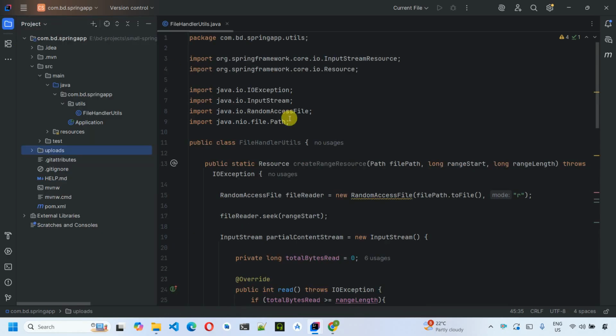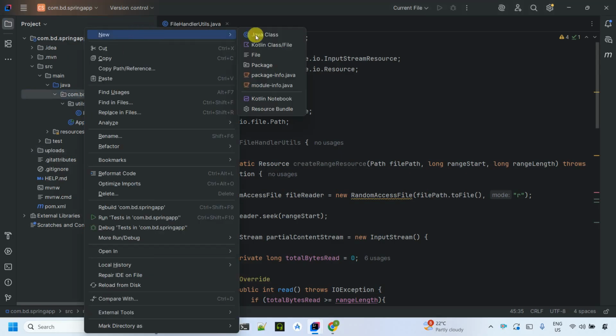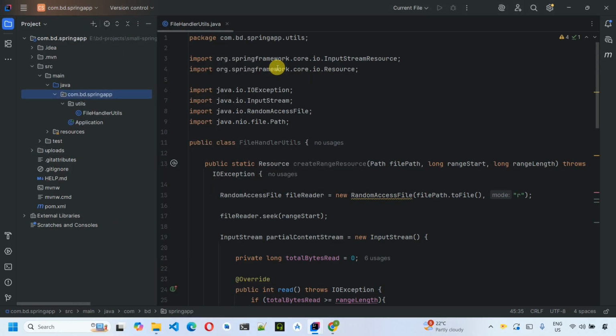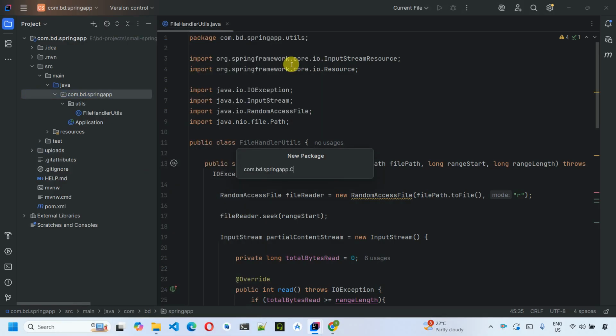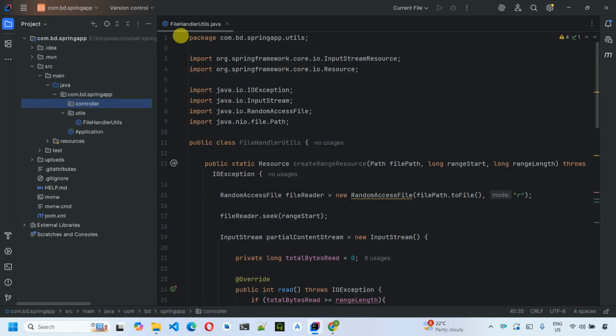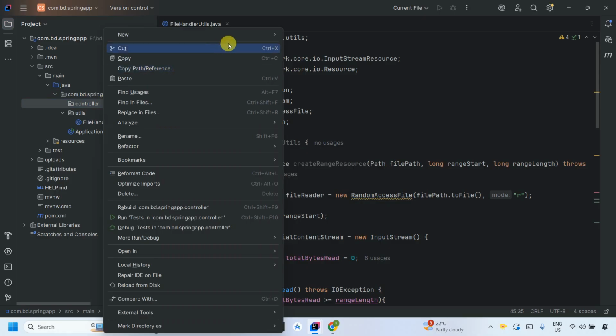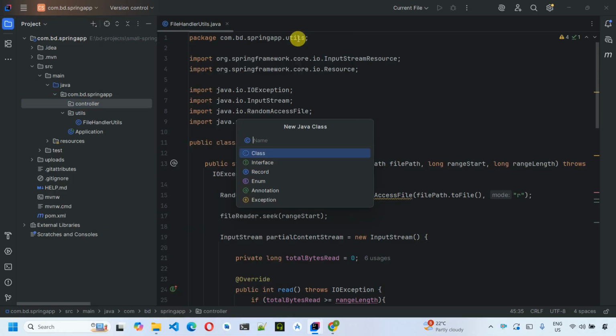Next thing we have to do is create a controller. So in this one, just to keep things simple, I am going to put all the business logic in the controller itself, but you can segregate it in a service class. So let's quickly move back and then create a package for the controller. Hit enter. Into this one, I'm going to create a class that is nothing but FileController,